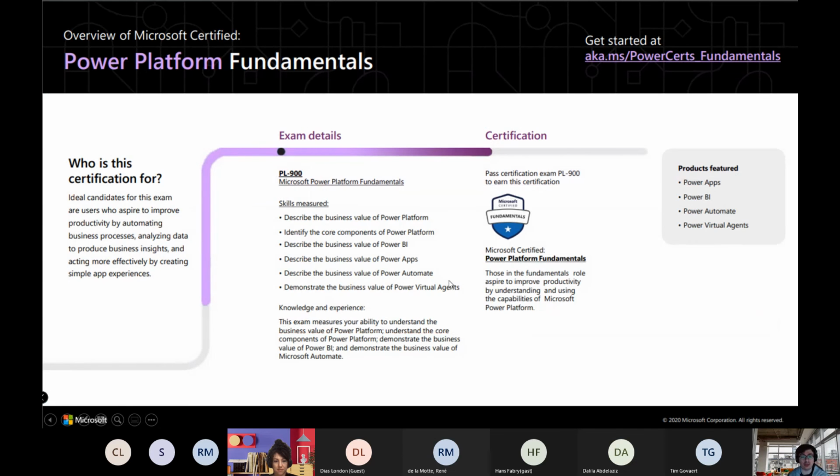So plan accordingly. And the good news is if you do manage to pass this, then you will get a nice shiny certification and a badge at the back end of it. And then from there, you can promote that on LinkedIn. You can add it onto your different social media profiles. And it obviously gives you a bit of an edge, potentially from a career development standpoint,